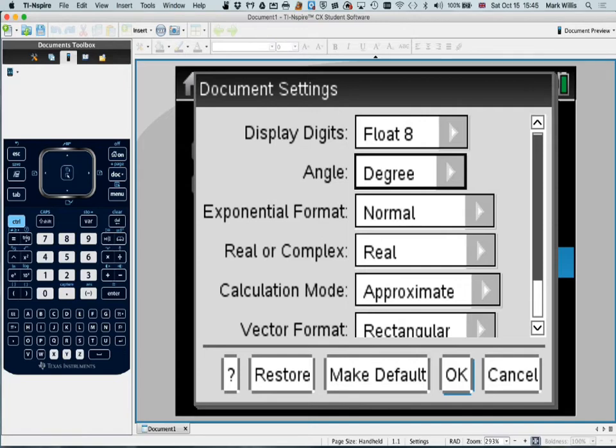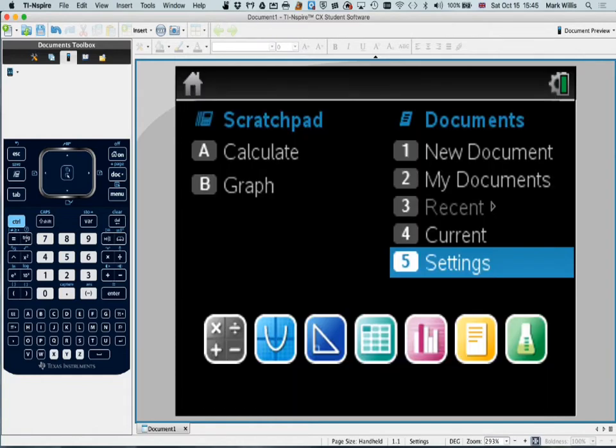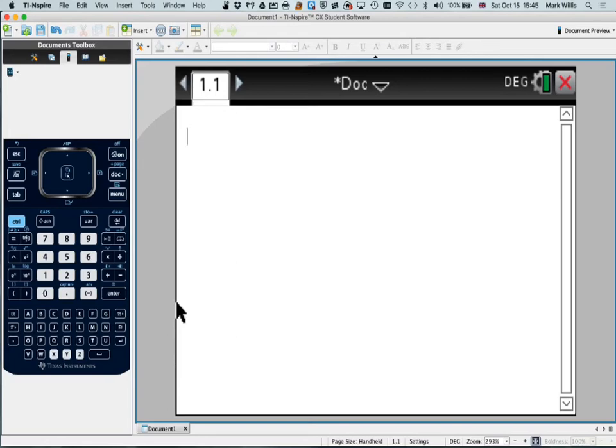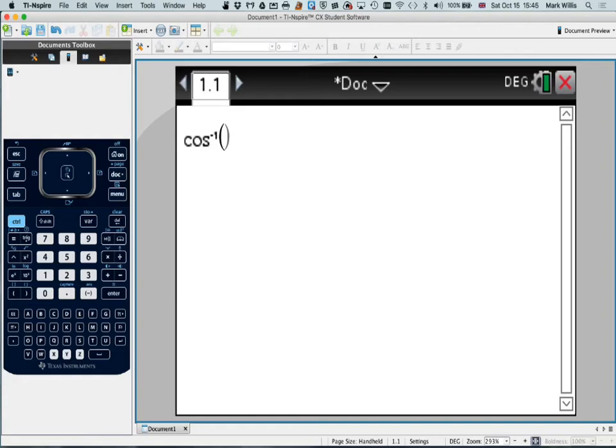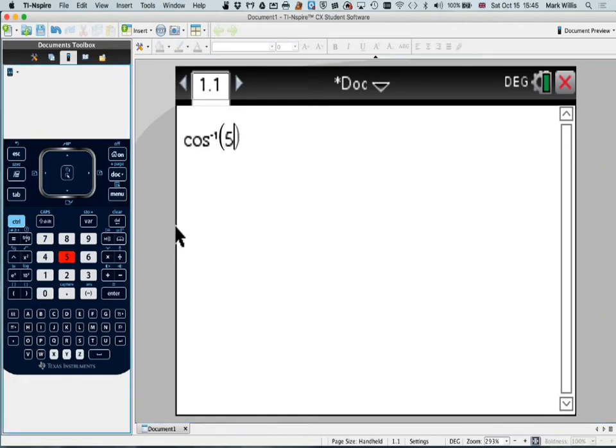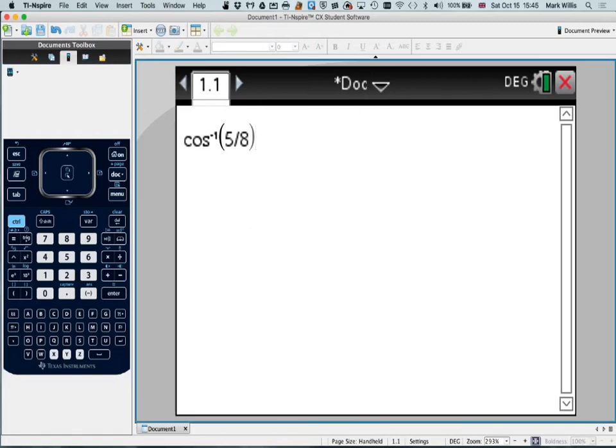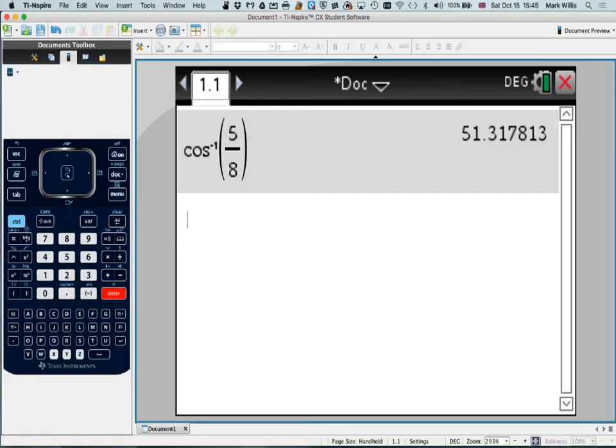So make sure that this is in degree mode, so press OK, and then go to a calculation mode, and then the cos trig functions are here on the calculator. So we click those and we get a menu of trig functions. So we want cos to the minus 1, so that's that one, brackets, of 5 divided by 8, close the bracket, enter, and we get an answer of